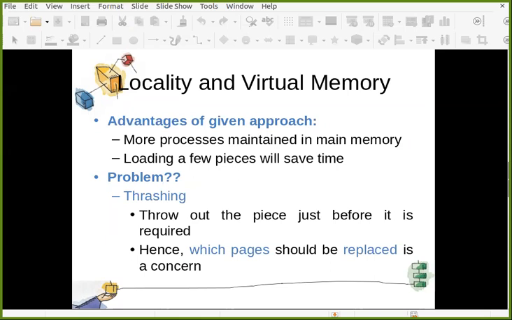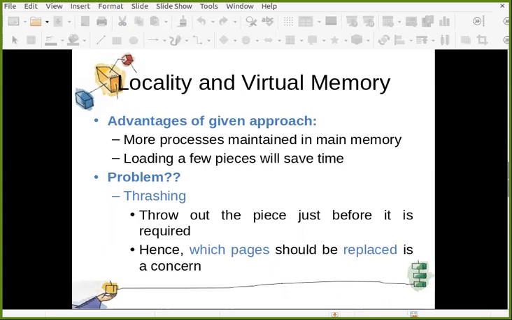So what is the possibility that you may throw out the piece just before it is required? Let's say you are loading different pieces of different processes in your main memory. Now suppose you require some other piece of some process to load into the main memory, and now your main memory is full, so you need to swap out some portion of some other process or your own process.